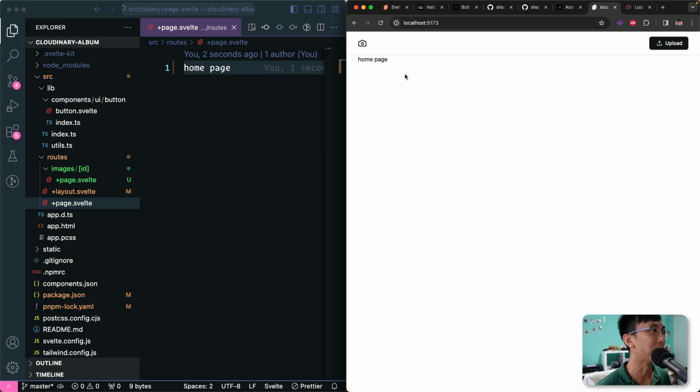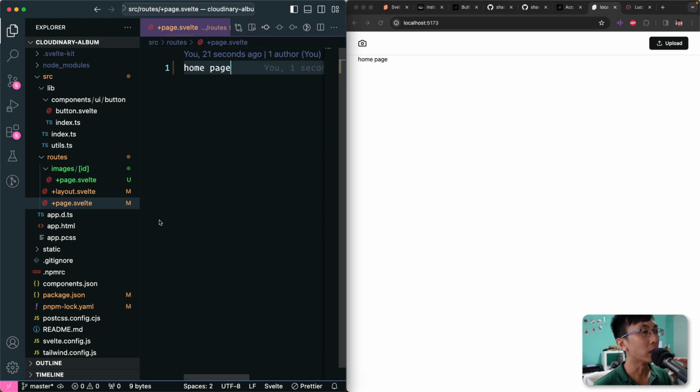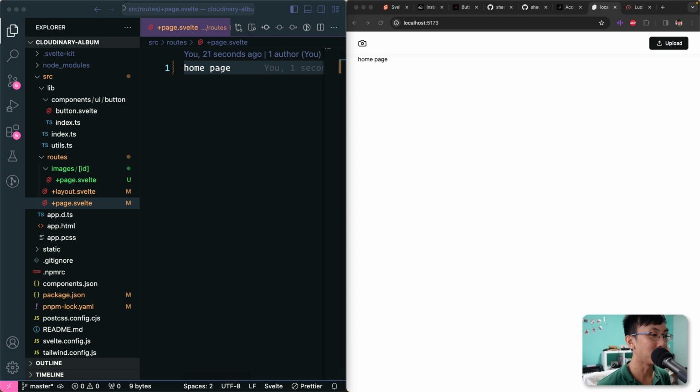I've been saying that for a bit. So now we're gonna create the image list. First thing is we need to have a way to list a list of images so that we can show that list of images on the image list page, right? The home page. So for that, we need a function that we can call, or we need an API that we can call